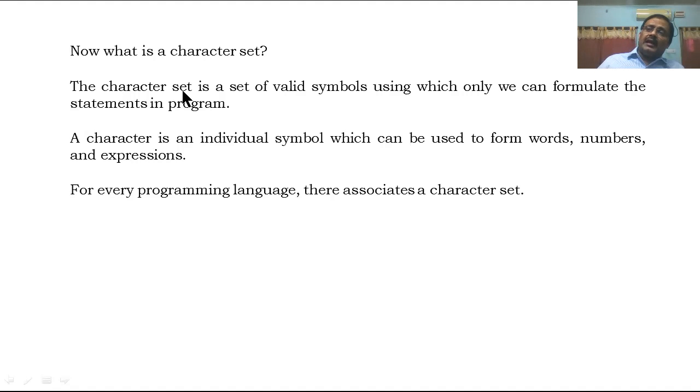Every programming language like C, C++, Java, Python, etc. has its own character set. Now, what is a character? A character is an individual symbol which can be used to form words, numbers, and expressions.